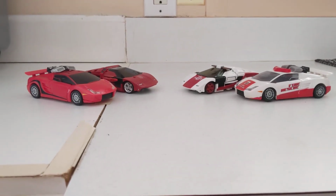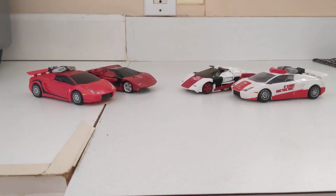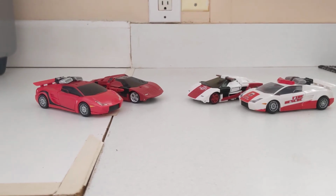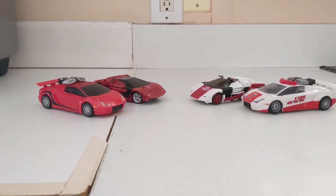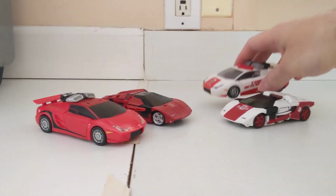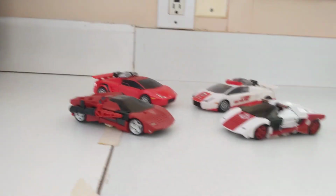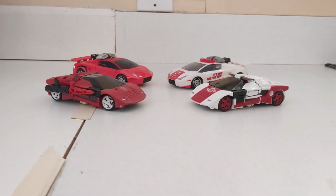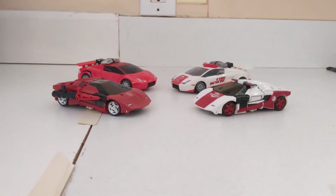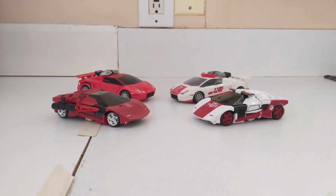Now, the vehicles themselves, obviously the Classics versions, the CHUG versions of the guys, are more meant to represent Earth modes, while the Siege line is supposed to represent a more stylized Cybertronian version. And I've got to say, over everything, and you're going to see my hairy arm in the way again, I actually do prefer those versions. I actually think they are really well done. Nice and simple transformation, very satisfying transformation. The CHUG versions themselves,